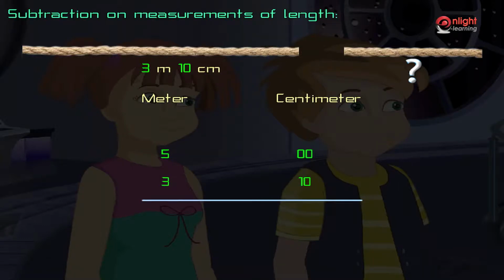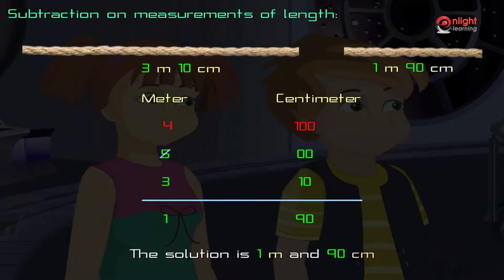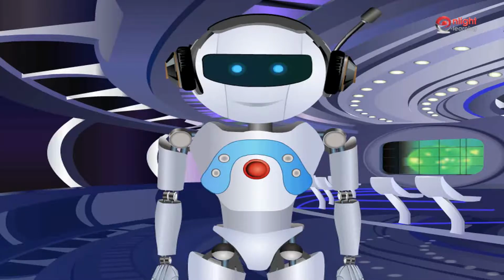After arranging as such, subtract them like whole numbers and remember to start from the right. 1 is carried from the left since 1 meter equals 100 centimeters. Hence, 100 minus 10 equals 90 centimeters. Now, 1 is subtracted from 5 in the meter column. We get 4 minus 3, which is equal to 1. Hence, the solution is 1 meter and 90 centimeters. Why don't you solve some problems to understand this concept better?